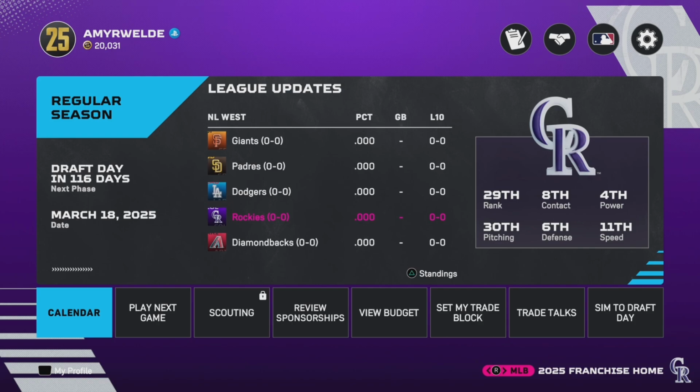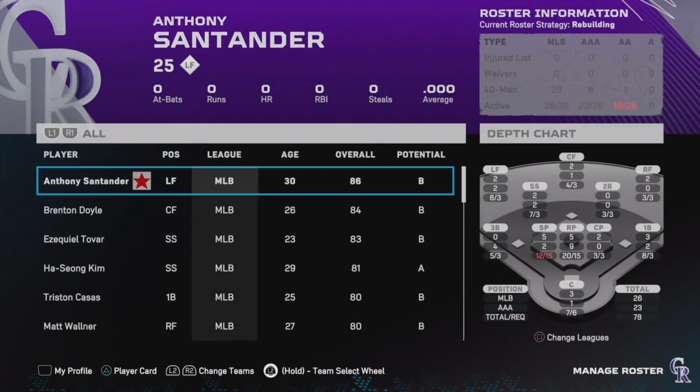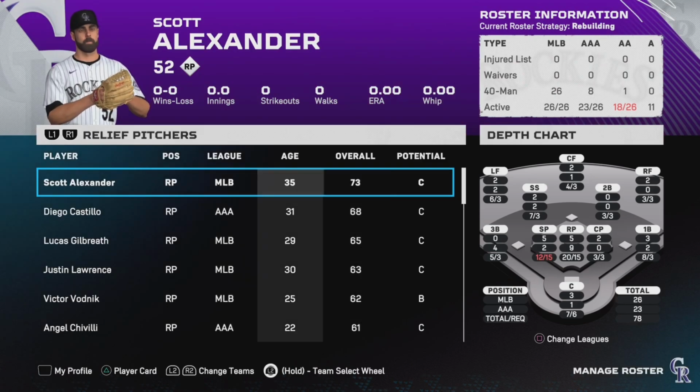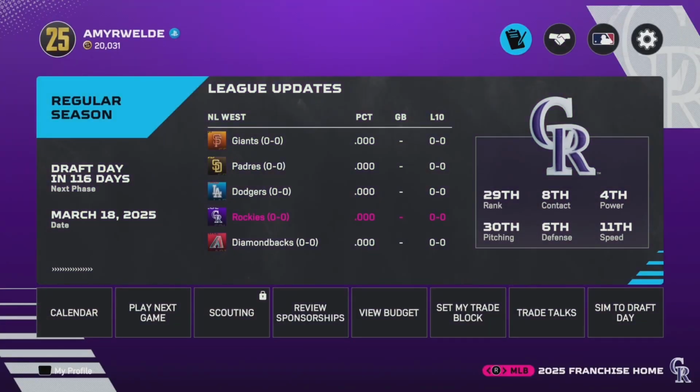So that's going to wrap up the episode. I hope you guys enjoyed. We have built quite the lineup here. 8th in contact, 4th in power. Granted, we still have Brenton Doyle and Ezekiel Tovar, who I didn't want to trade away to show you how easy it is to get all these guys. But the pitching rotation is really bad. But have no fears. As I mentioned, we're going to have another video going over the 10 pitchers you should trade for